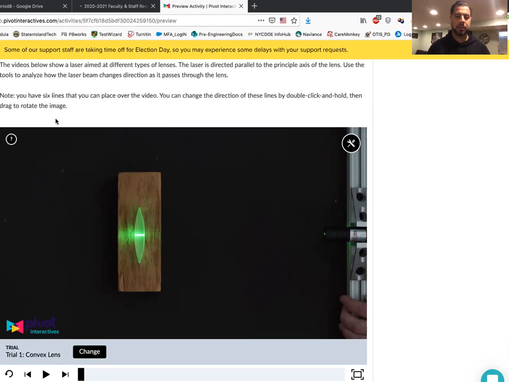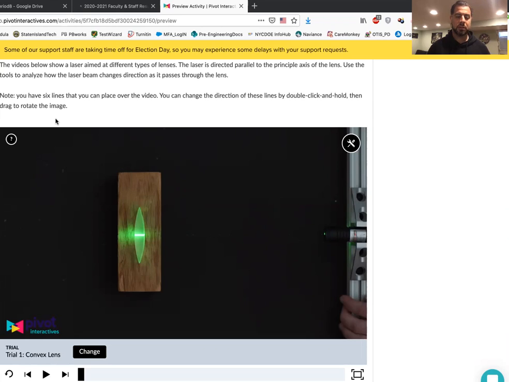Today we're going to look at lenses and how we can use a laser to establish the focal point. What the focal point means is where the light rays will all converge at a single point. In the case of a convex lens, it's what we call a converging lens. So as the light passes through the lens, it will bend and converge, whether it's above or below the principal